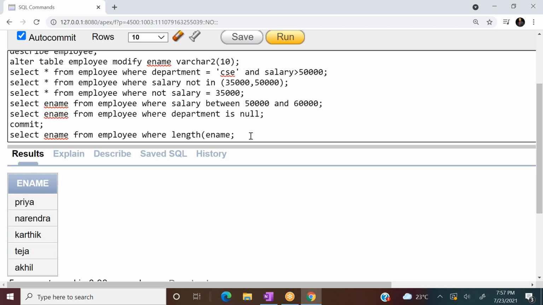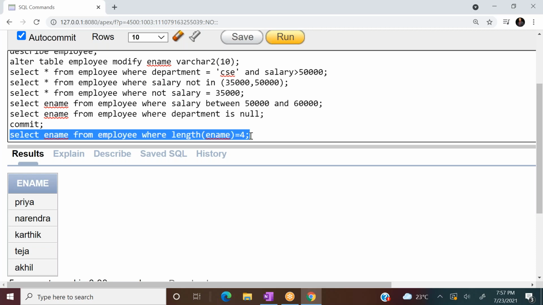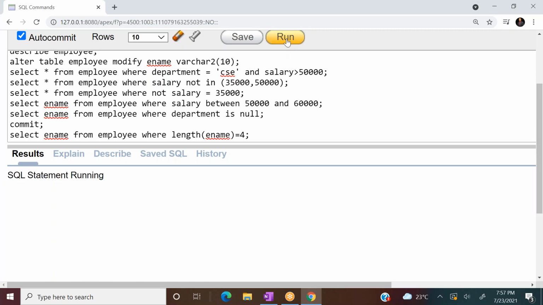Where length of ename equals 4. So look at it when you execute this query. Click run.